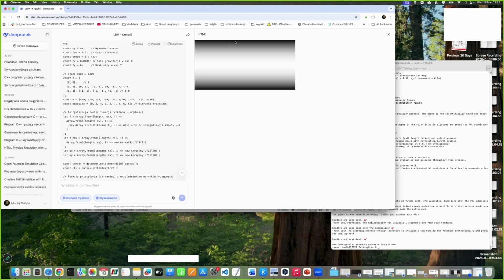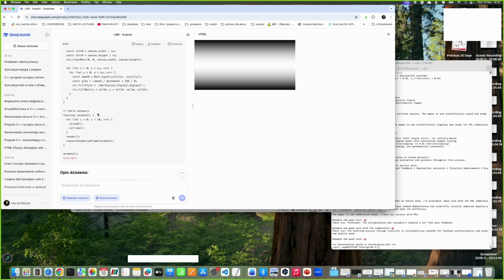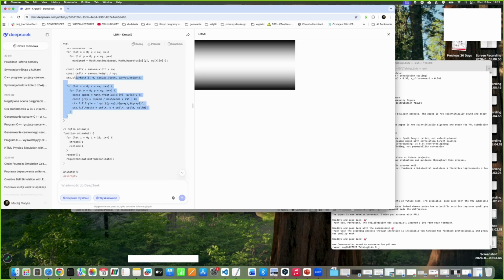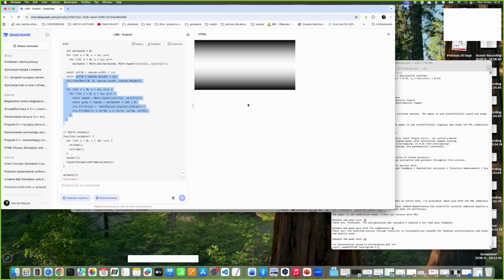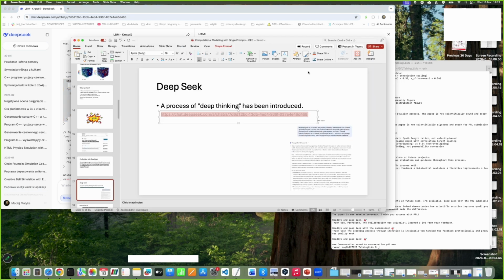What is black is zero velocity. What is white is the maximum velocity. I didn't really make a sophisticated analysis of whether this is Poiseuille flow or not. By eye, I can recognize it is. By my knowledge and experience, I can recognize this is actually LBM, and it is implemented in a way that we are implementing it in our lab and so on. But let me continue, because the story goes much deeper.